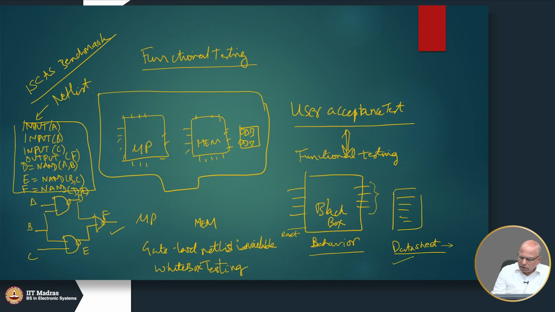But you can never be fully confident that you have tested it and there are no manufacturing defects through functional testing, because there is no end to the number of functional tests I can write. There may be a bug which has escaped, there may be a manufacturing defect that has escaped your tests, right. So, that is still possible, but it is a very common thing to do. People go and do functional testing,